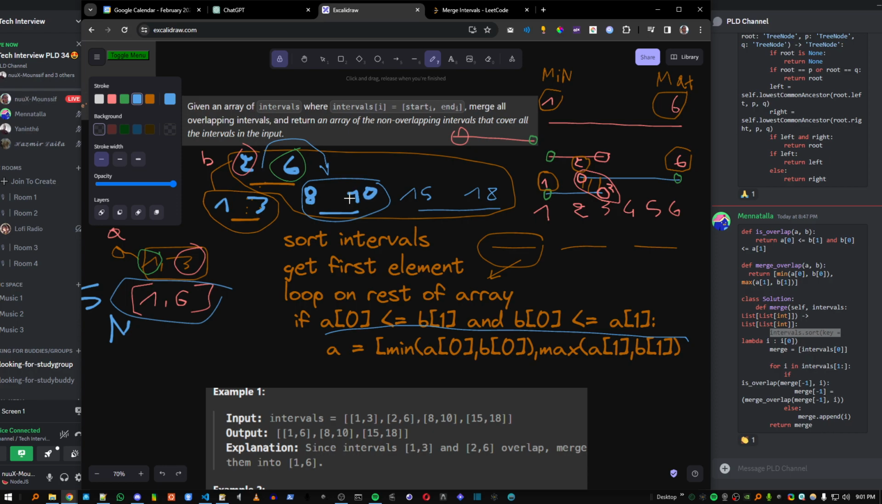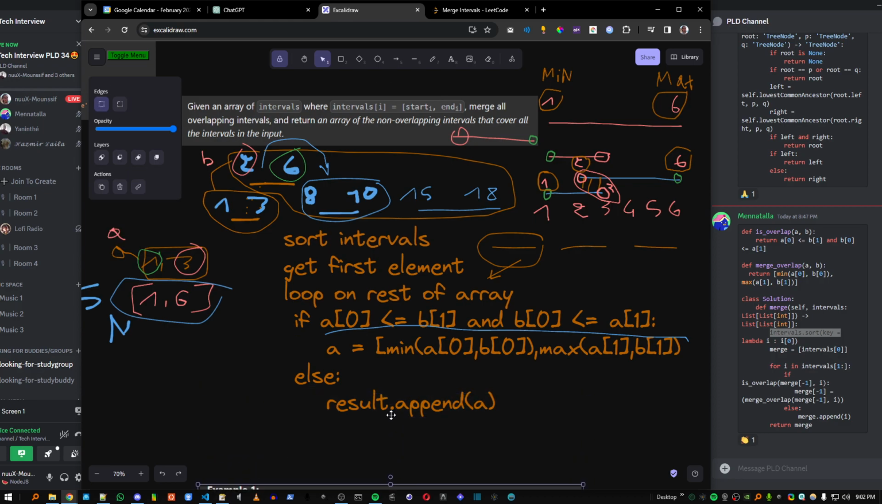And if there is no conflict, that means it's gonna go else, which is gonna append them. It's gonna append A. So here we're gonna do, if there is no merge, there is no overlap, else, append A to results, and if I append A to results,